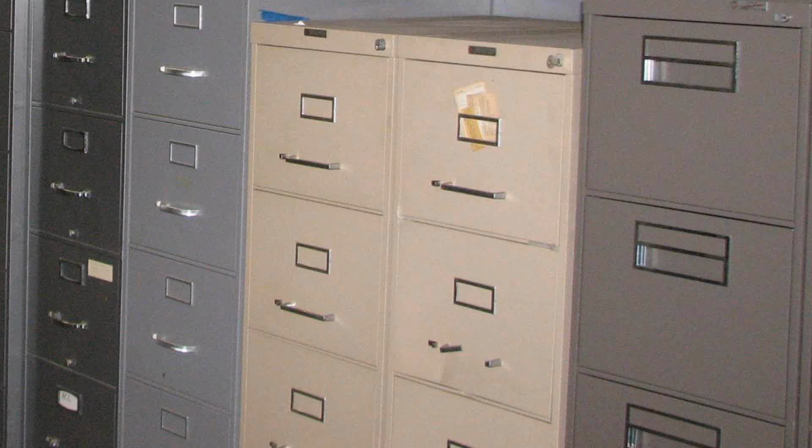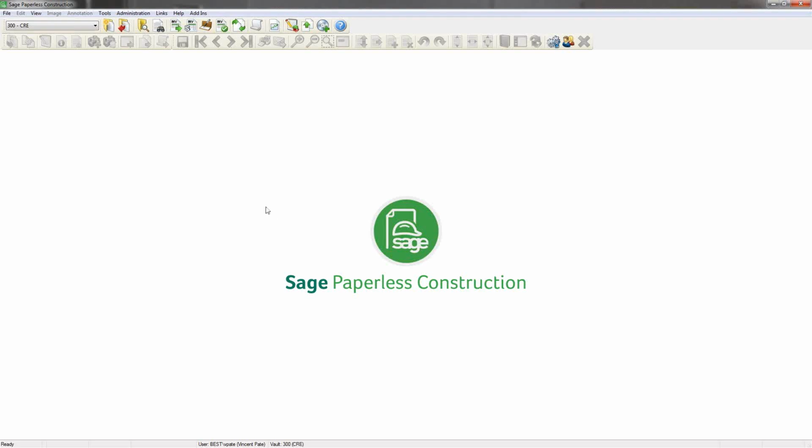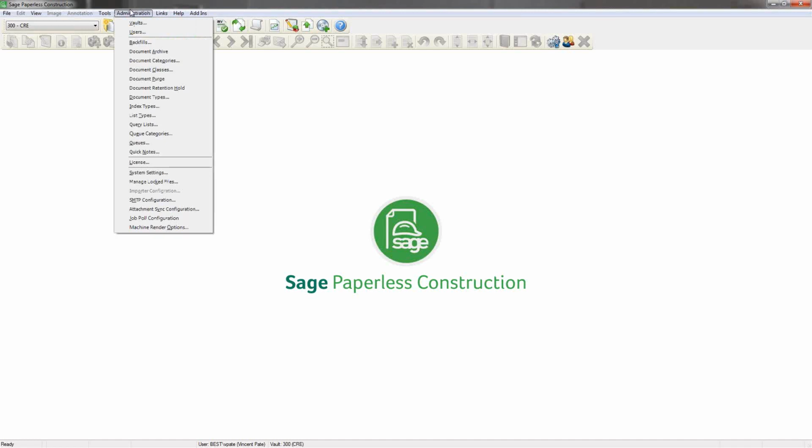The HR manager needs a document management system that can scan all of the personal paperwork in for safekeeping, and security must be tight so that no one without the needed security clearance can access that paperwork. It also needs a way to route the personal paperwork to various managers, both manually as well as automatically, as documents are indexed. Now with Sage Paperless Construction, a lot of that security is going to be handled on a